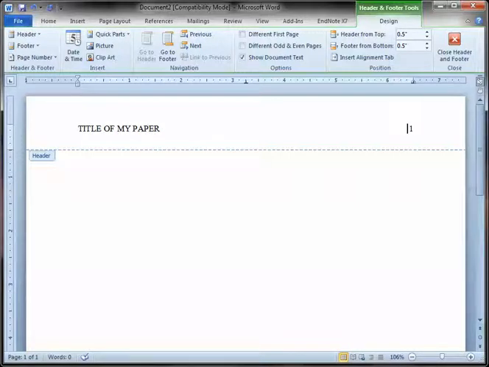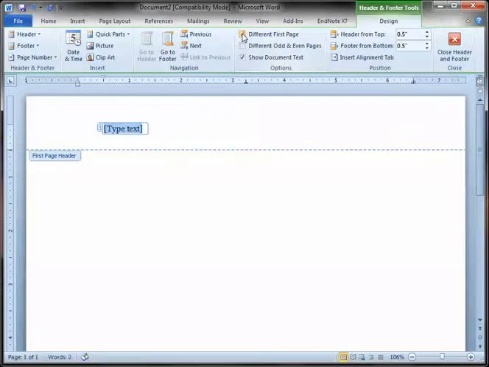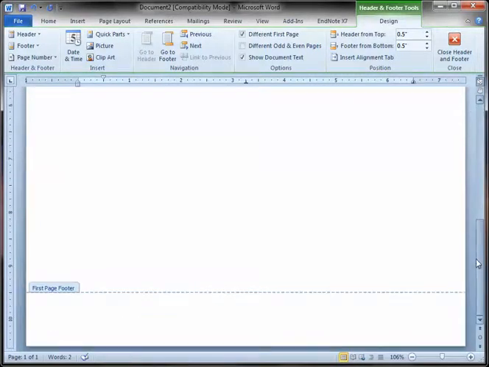So this is now the formatting of a header for the second, third, fourth, the remainder of your paper. This is not the preferred heading for the first page of an APA paper. So what we want to do now, still on this header and footer toolbar, in the center here we want to check the box that says different first page. Now don't be alarmed, what that's actually done, it hasn't deleted our header, it's just moved it down now so that when we have a second page,